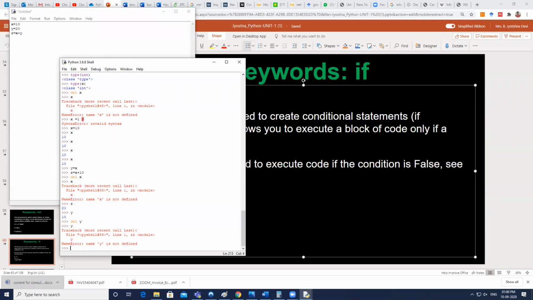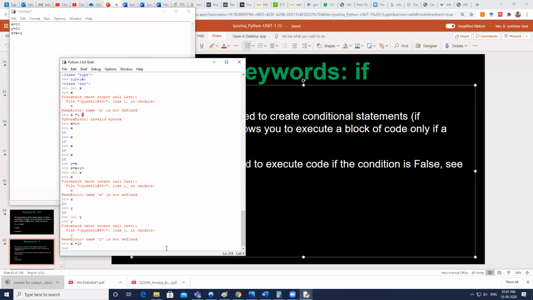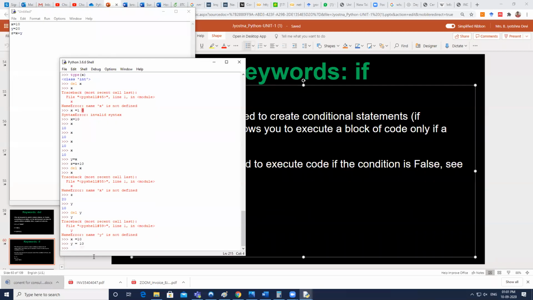When x equal to 10 and y equal to 10, checking with is returns true, but why is it not true in the case of a list? Because 10 is a single value, a primitive value. When you create the variables x and y as 10, 10 is given a memory location and both point to the same object, the same memory location.